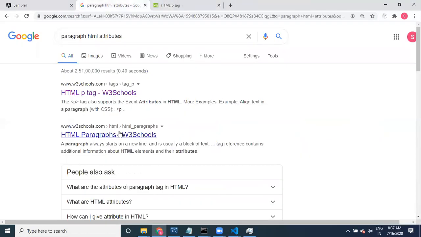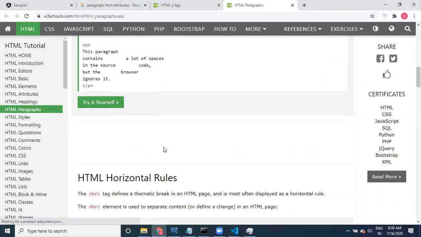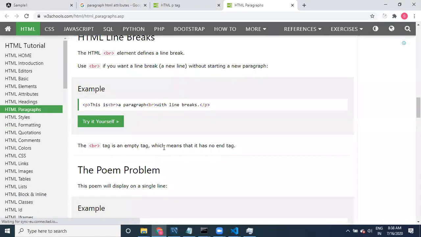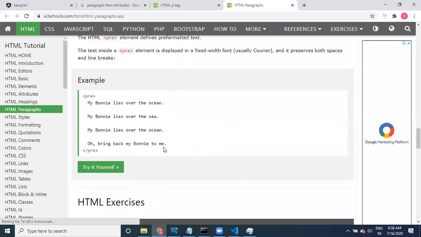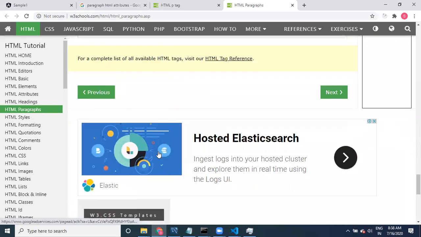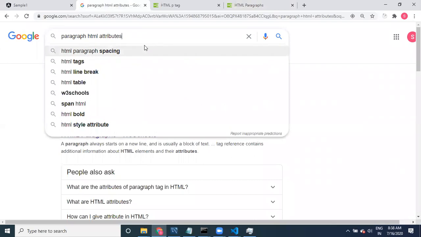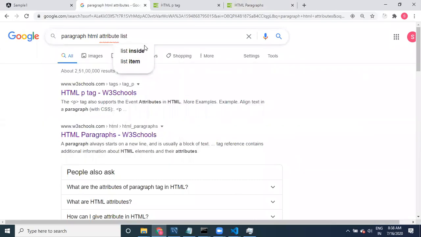Attributes. One second, guys. We are looking for, no, here these are the element references. No, I am looking for the attribute list.